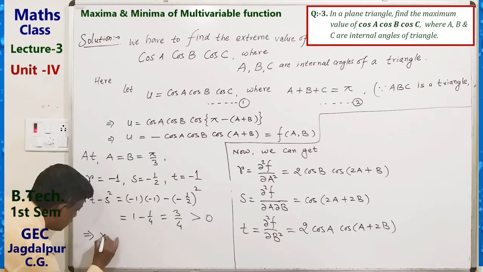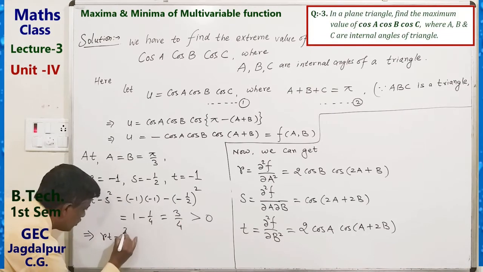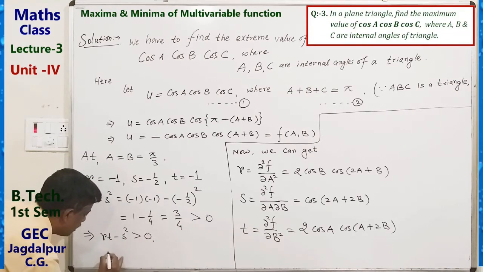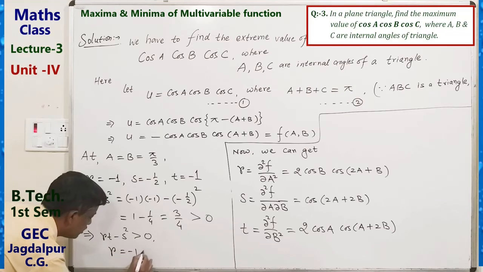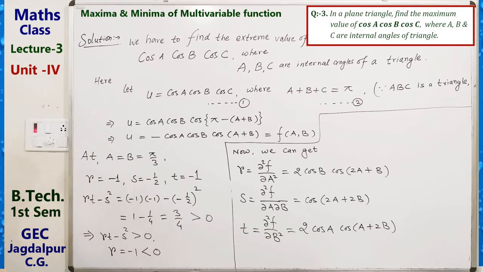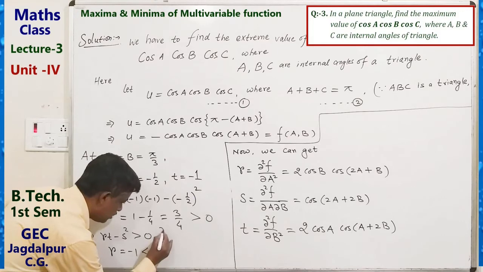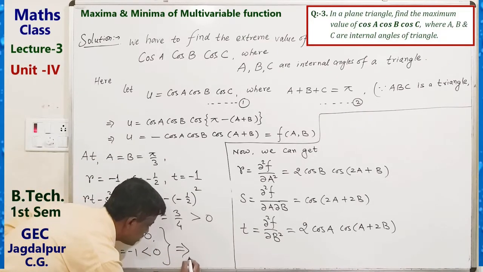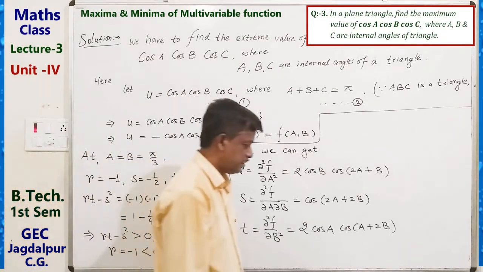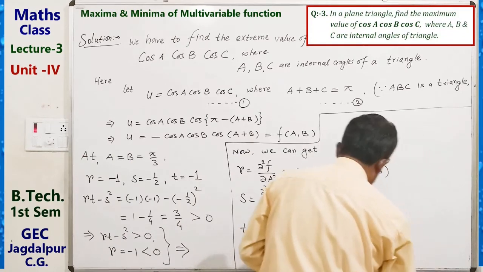This implies RT minus S square is greater than 0 and R equals minus 1 is less than 0. RT minus S square is greater than 0, R equals minus 1 is less than 0, implies what? Implies